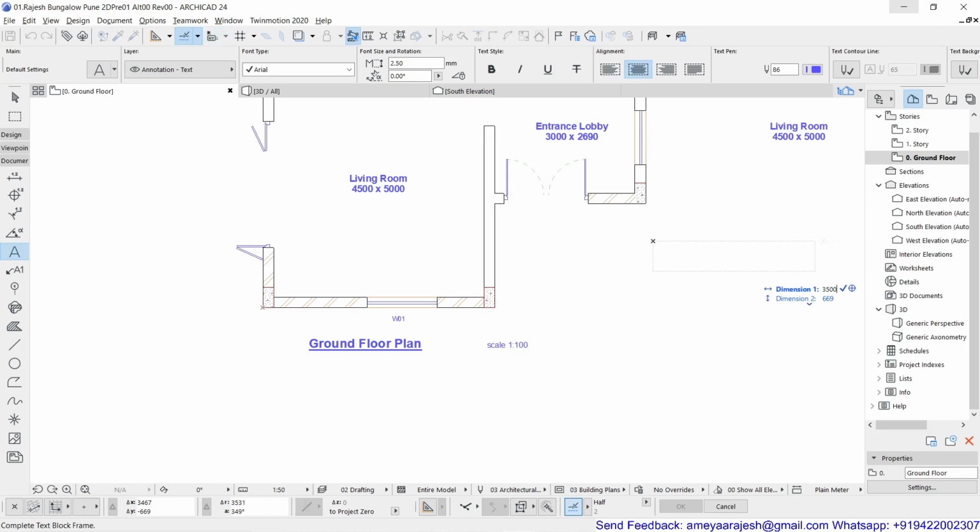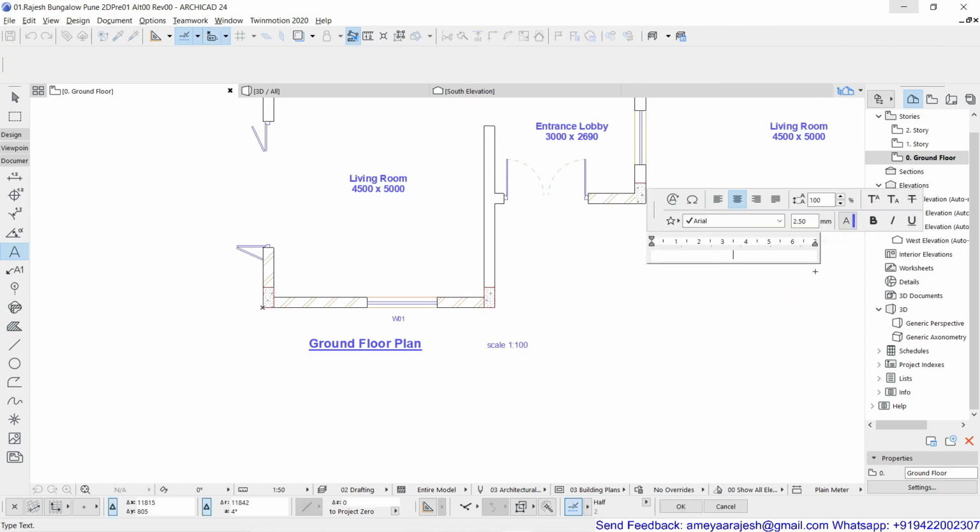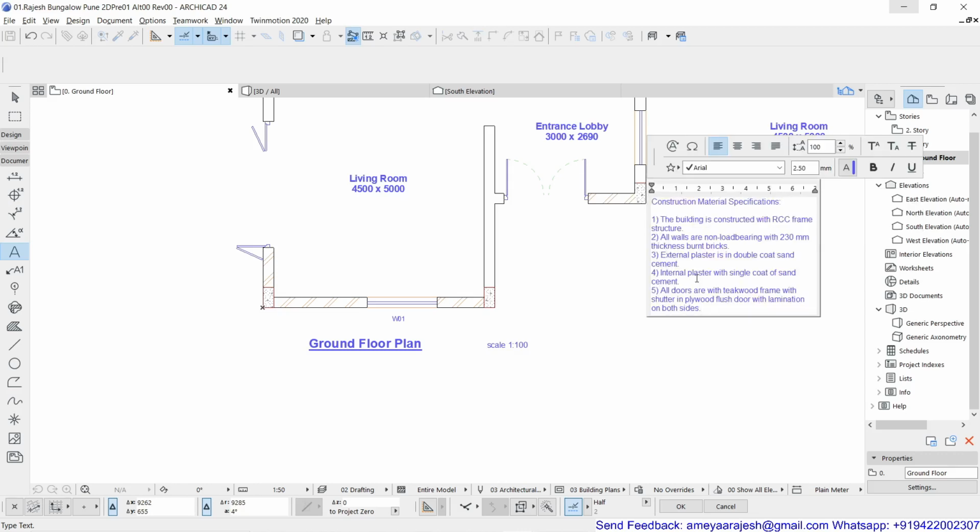Even width can be redefined. So I'm just going to hit enter, and now the justification I'll take as align left, and because the text was already on my clipboard, I'm just going to hit Ctrl V, that is paste, and you will see how the paragraph is getting wrapped in the specified width.